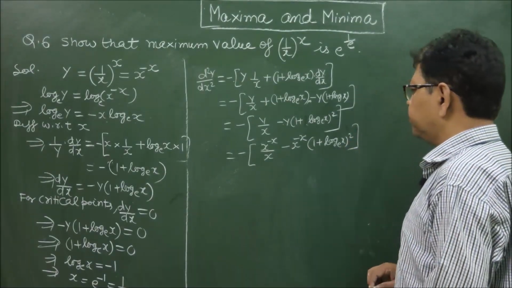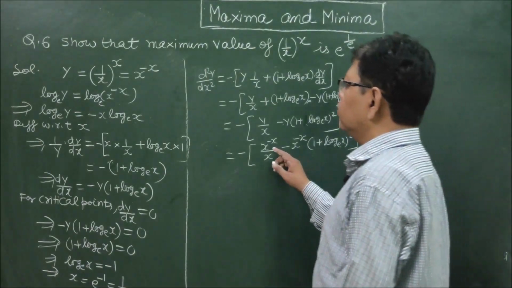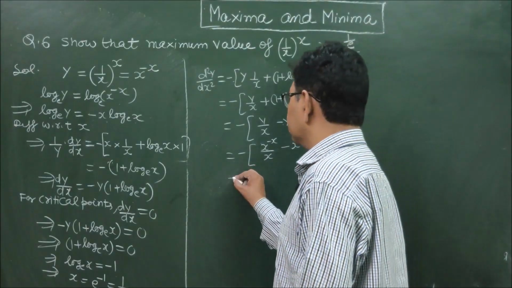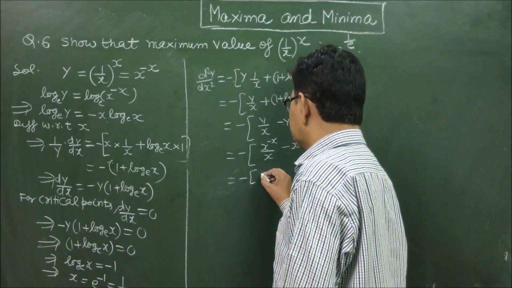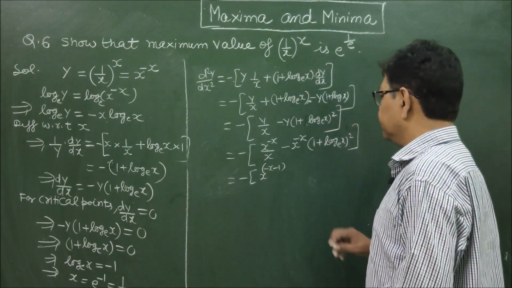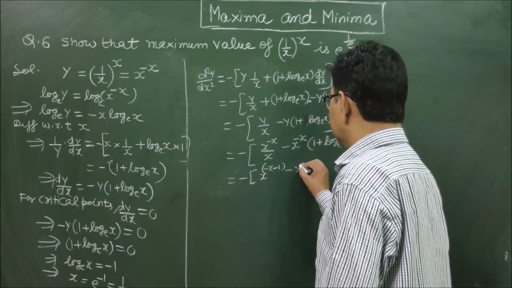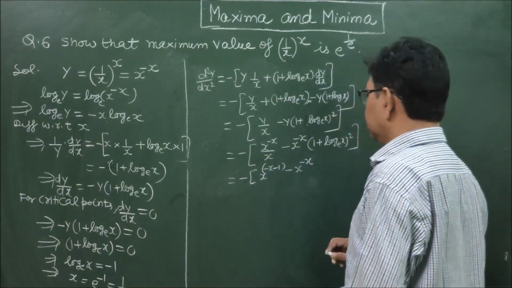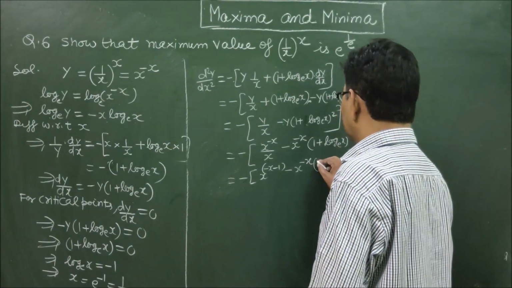Now if we put x is equal to 1 upon e, first let us further simplify it: x raised to the power minus x minus 1, and minus x raised to the power minus x into (1 plus log x)